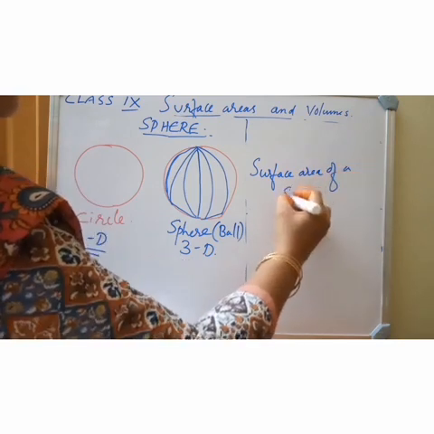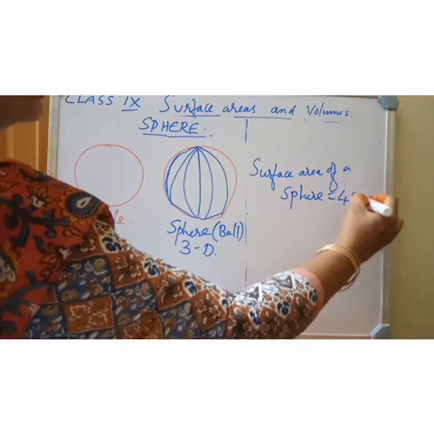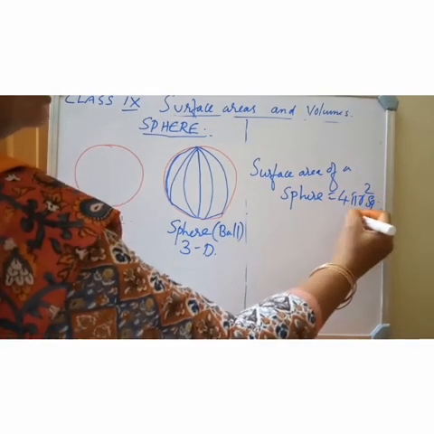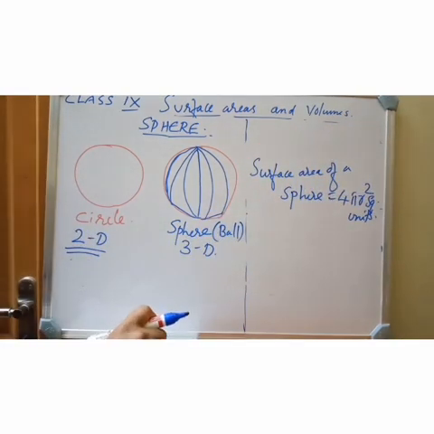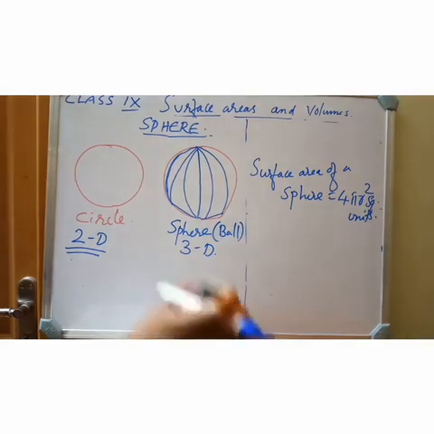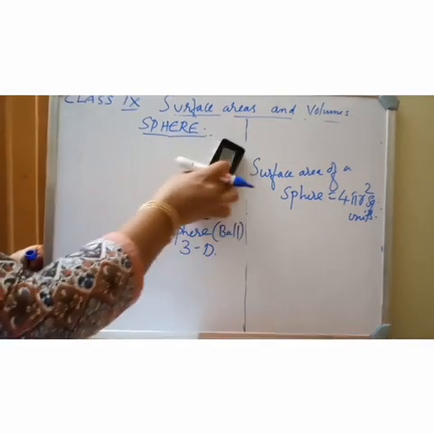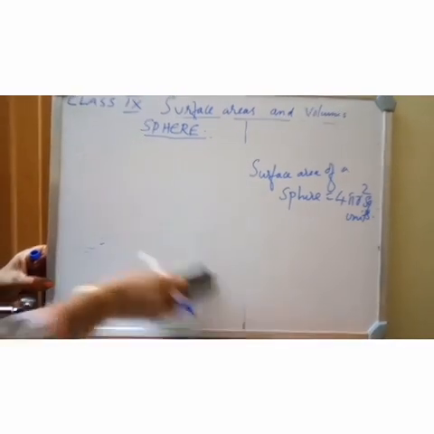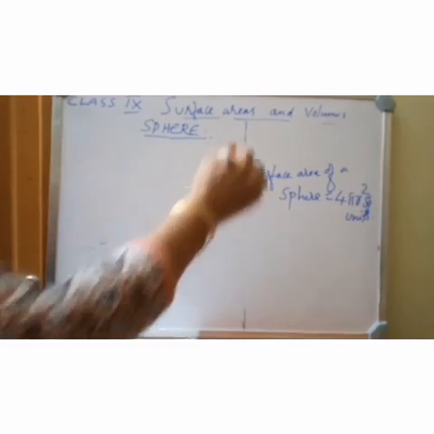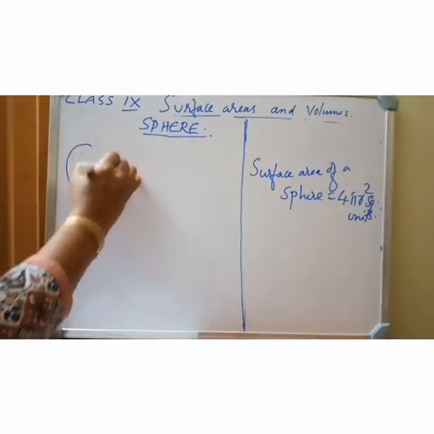Surface area of a sphere equals 4 pi r square units. So what is the formula for the surface area of a sphere? 4 pi r square units. Let me explain how we get 4 pi r square units as the formula for the surface area of a sphere. For that I am considering a sphere,